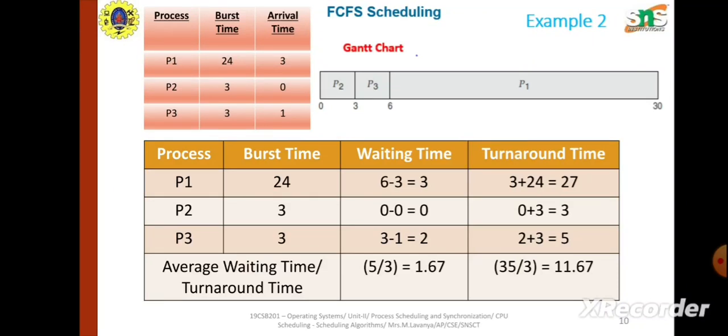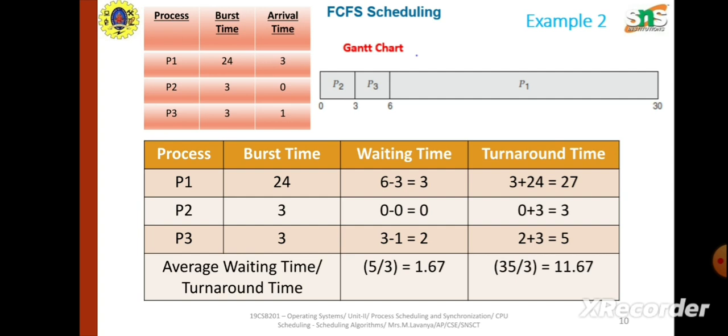Okay, this is our next example. This is also done using FCFS scheduling only. In this, three processes are arriving. The inputs given are indicated at the top of the slide. The process, its burst time and its arrival time are given. P1 has its burst time of 24 milliseconds and it arrives at the time interval of 3 milliseconds, and P2